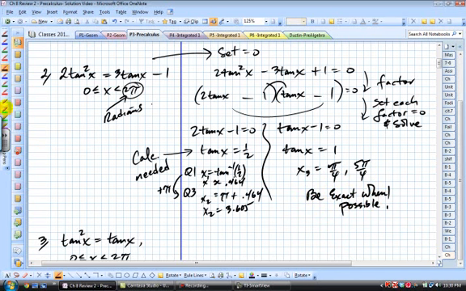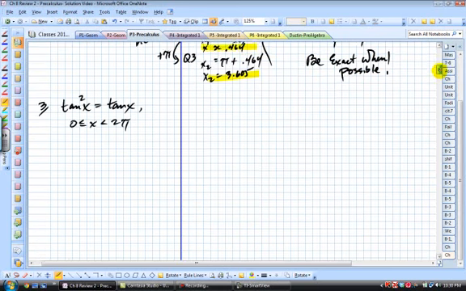Now I get 4 solutions. So where are they? This one, and these two here. I got 4 solutions here. Alright, that's number 2. Number 3,